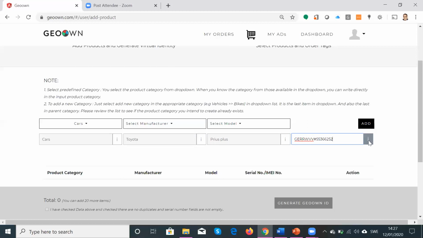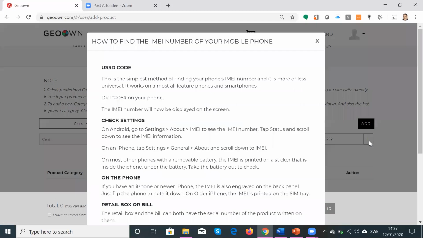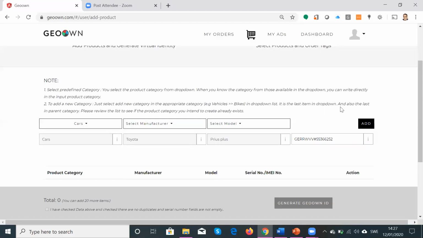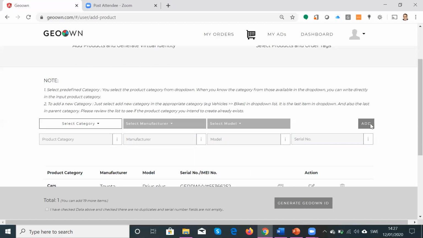Again, you have information here of the IMEI number for your mobile phone, and then if you scroll down, it will be for your car and so on, where you find the number and so on. And then you add the number, add the virtual object here. Now,